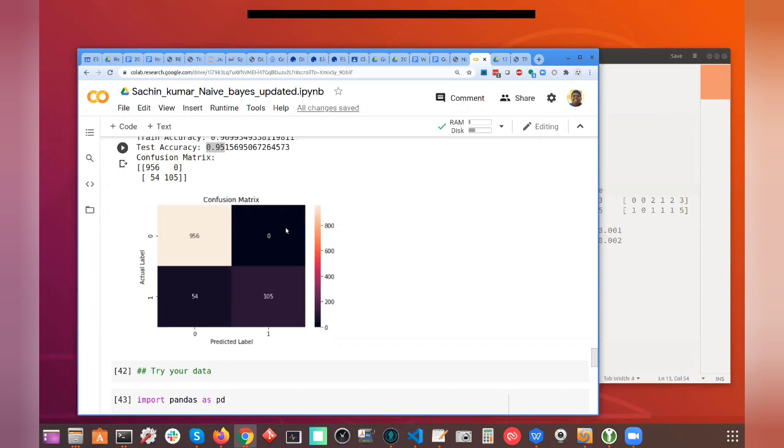Yeah, it's doing pretty well, right? It's actually doing perfect on zeros. It basically classified all zeros into the 0 column. So you can see 0, 0 has all the numbers, and everything else is 0, right? So that's pretty good.